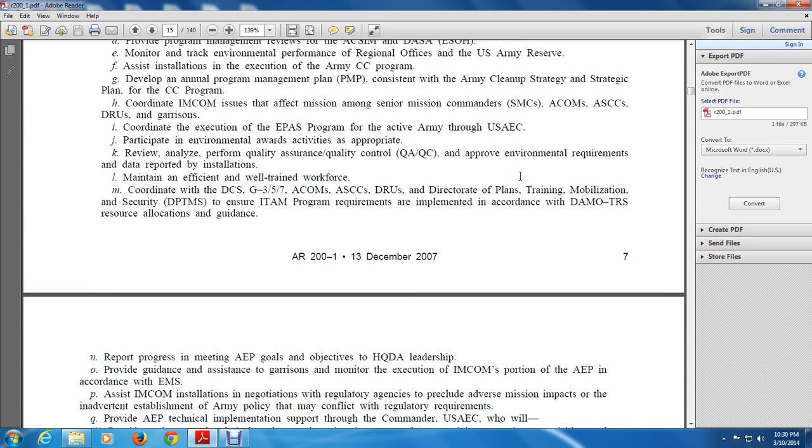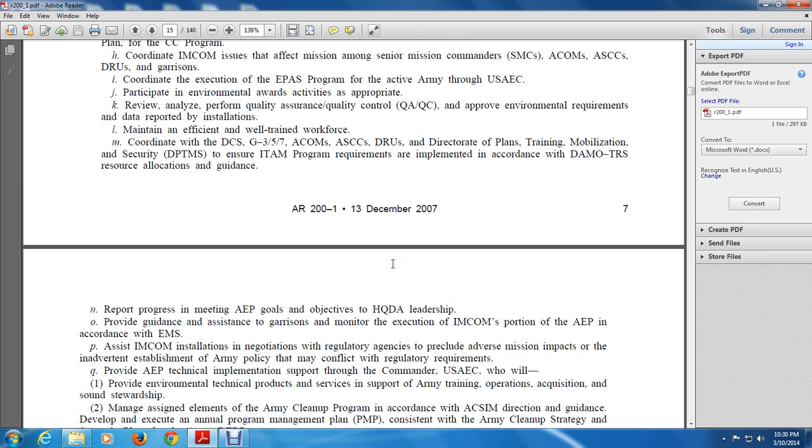HQDA leadership provides guidance and assistance to the garrison, monitors execution of IMCOM support of the AEPs in accordance with the EMS, and assists with IMCOM installation negotiation with the regulatory agencies, recruiting adverse missions that impact the inventory, establishment of Army policy conflict, regulatory agreements, and provides AEP technical implementation, supporting the Commander USAEC, who will provide informational technical